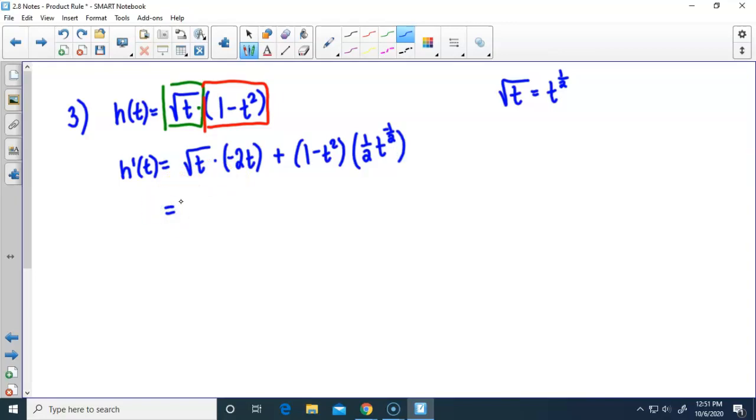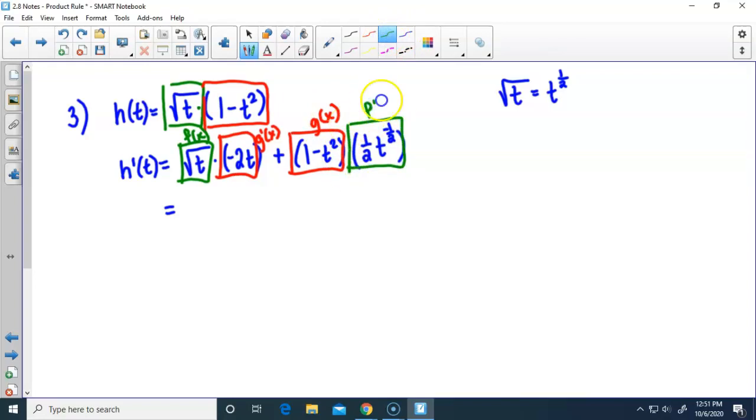The main reason I wanted to see these, I think you guys can probably handle taking that derivative. You're just doing your f of x times your g prime of x plus your g of x times the f prime of x. So you're just taking that derivative. But where this gets a little bit tricky is in simplifying the answer back to what they give you as the answer. So for this particular problem, they give the answer